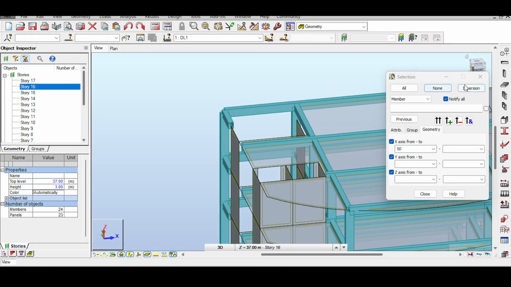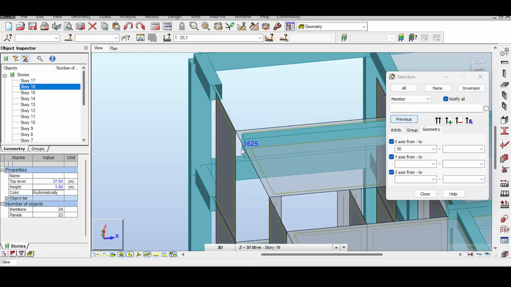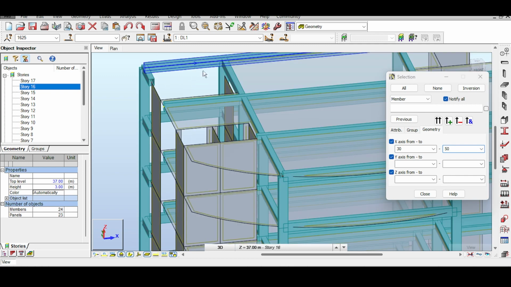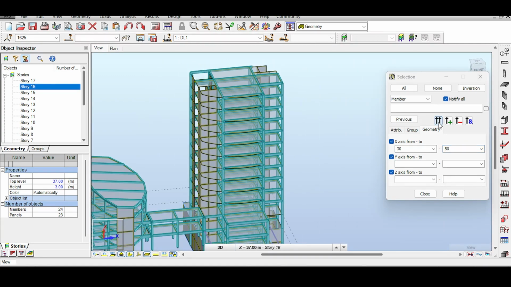You see, I'm trying to select by geometry now, which is a cool trick that I will be using this time. This has an x-axis of 30.85, so there we go. Now I should be flipping that. So this is 30 and this is 50. Let me try that now. Let me apply it and see what happens. If we click on apply here,